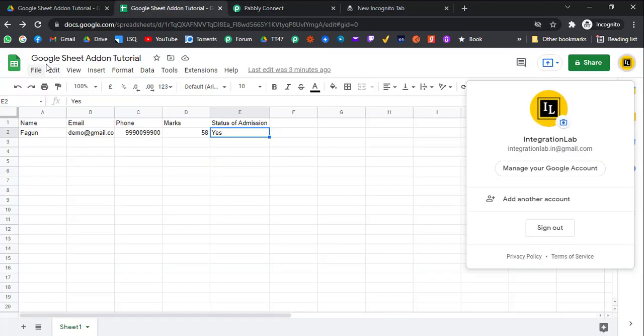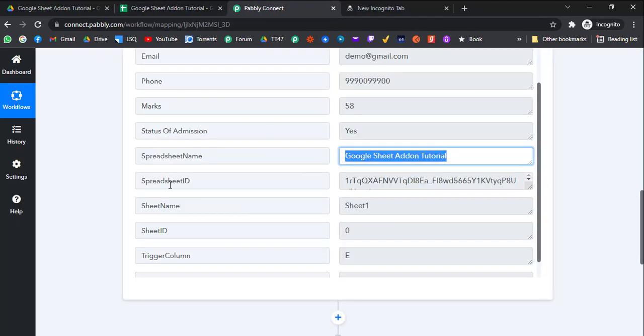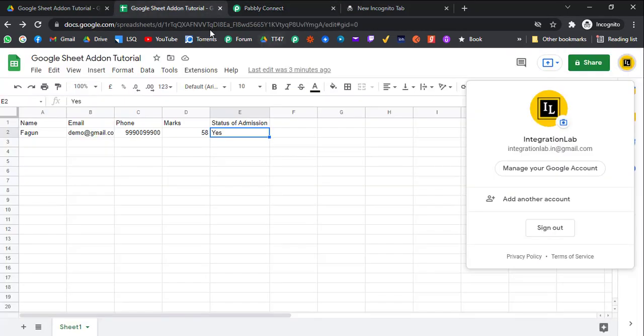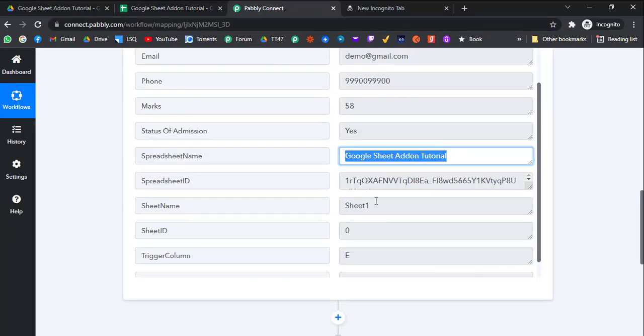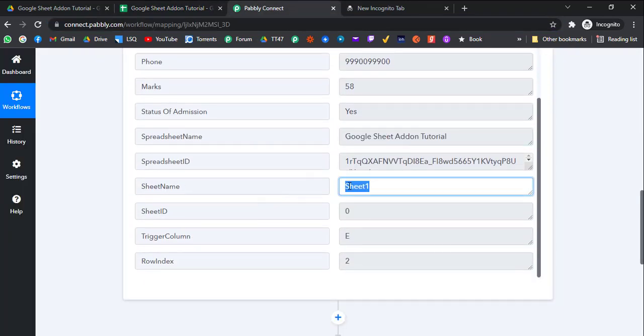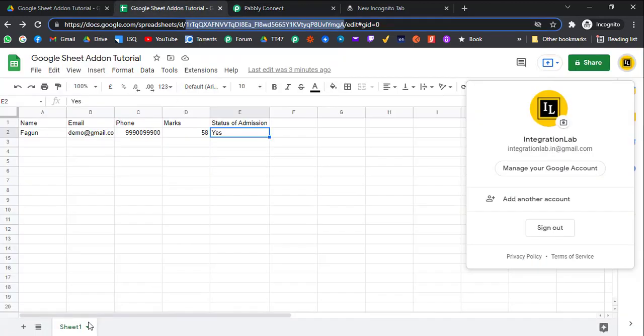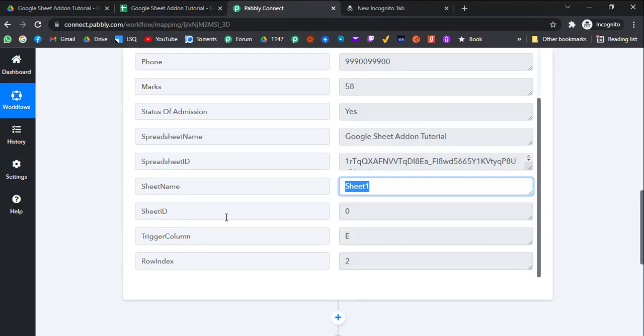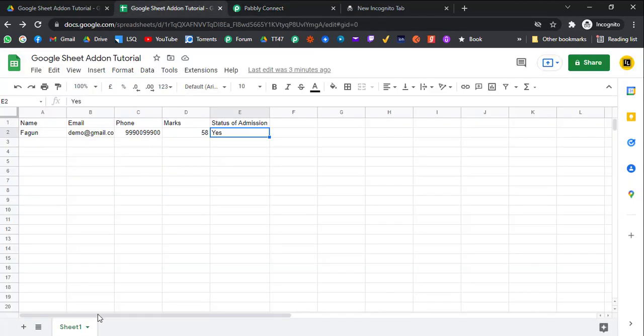Spreadsheet name is this one, and the spreadsheet ID, which you can see in here. So this is the ID, you also get that. You also get the sheet name, which is this particular sheet name, and you also get the sheet ID, which is 0, this one.